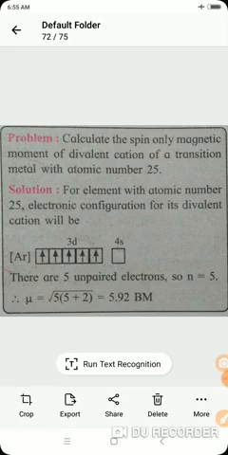We know that the element having atomic number 25, which is the element? The element is a transition metal. So now see the solution. The element with atomic number 25, its electronic configuration for the divalent cation will be [Ar]. Ar stands for argon, having atomic number 18, and 3d and 4s. As we know that it is a divalent cation, so 2 electrons are removed,